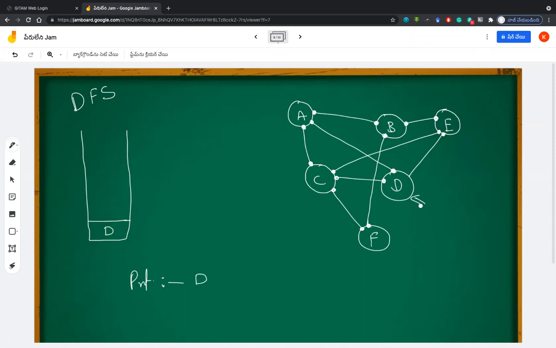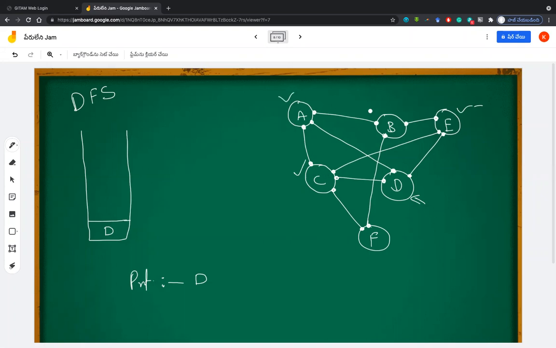Okay. After that, we are not going through levels, right? What nodes is D connected to? E, A, and C, sir. Yes, E, A, and C. This is what it has been connected to. I can take any node.